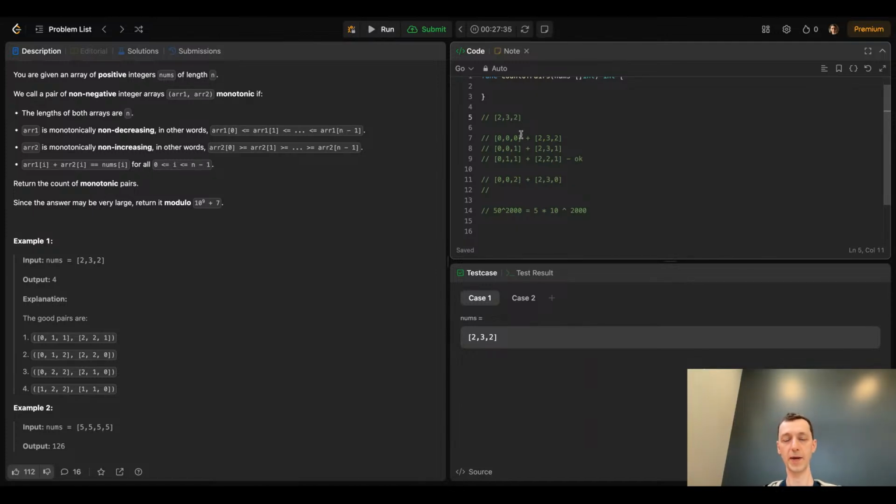The pair 1 we can make sure is monotonically non-decreasing, but for the array 2 we need to check that condition. As a brute force, but there are probably more optimized ways to do that